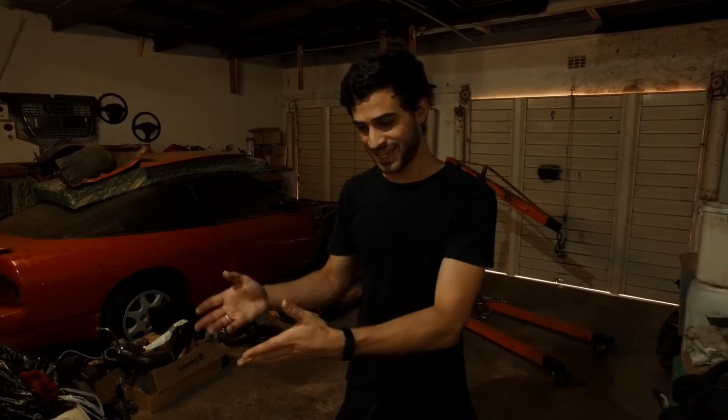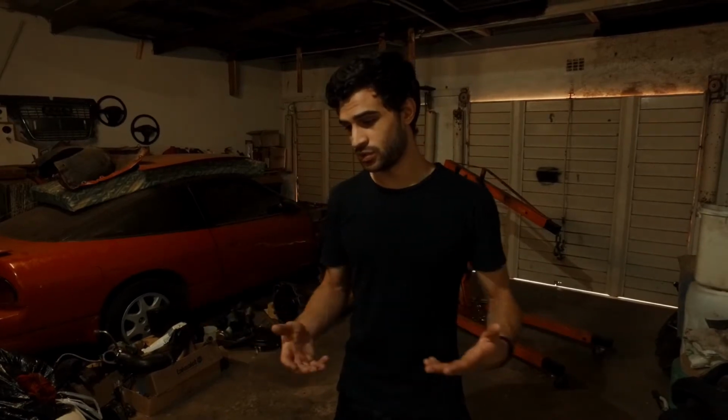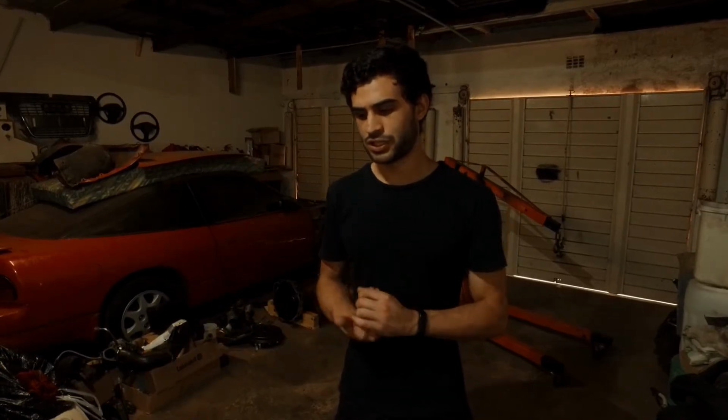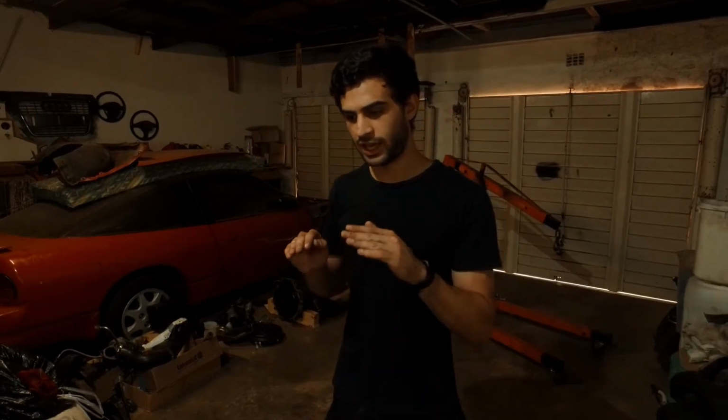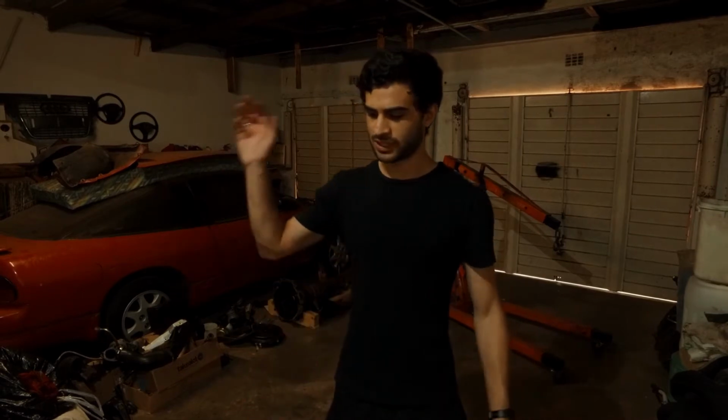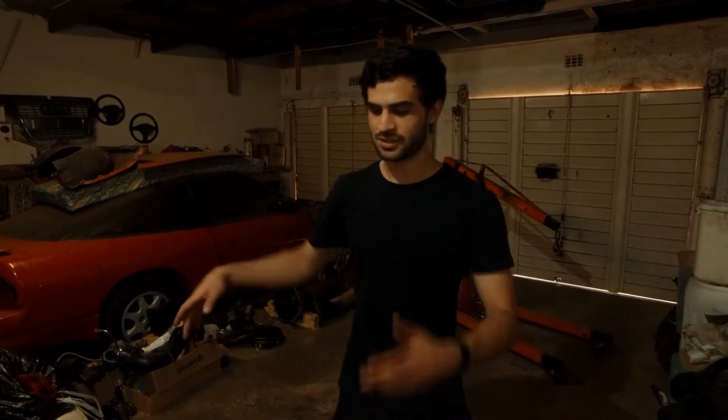So now that there's a lot more work, basically what we're going to do is quickly pull the top or the bottom off, right? We're going to quickly go and polish up those cranks. We're going to hone the block. We're going to do what's called a roll-in bearing replacement. We're going to chuck that in there. We're going to go and replace the seal on that side. We're going to go through and probably clean up the sump, pop that back on,